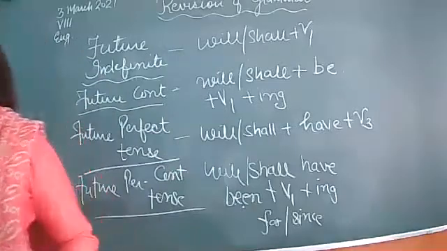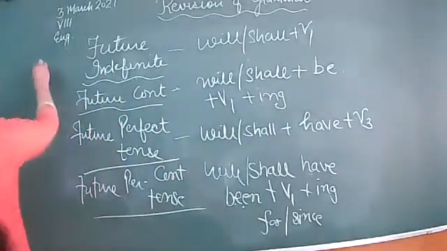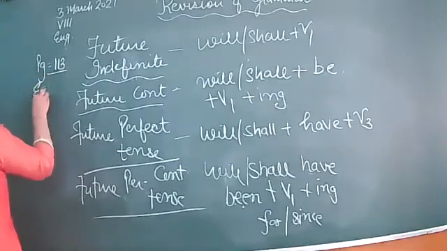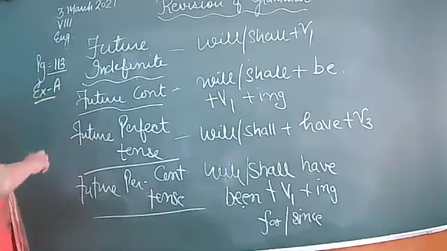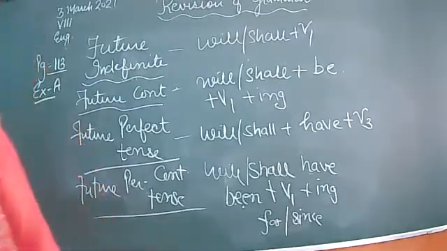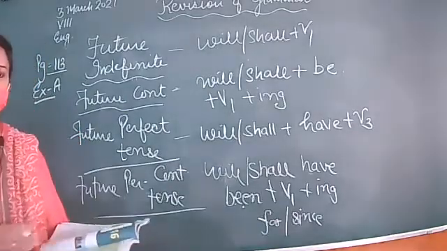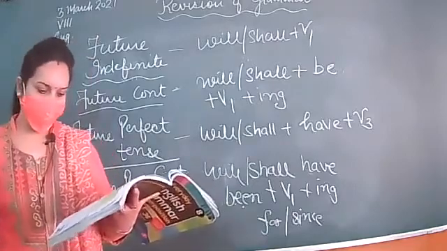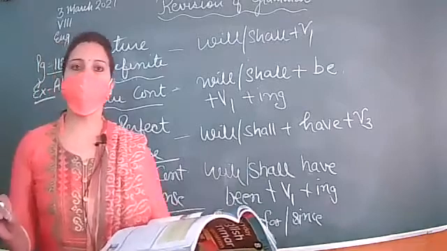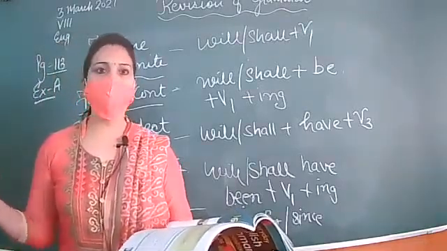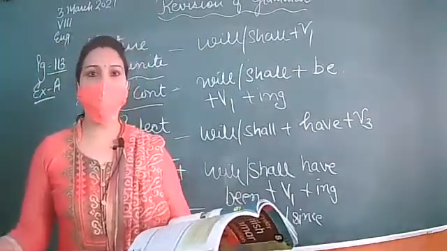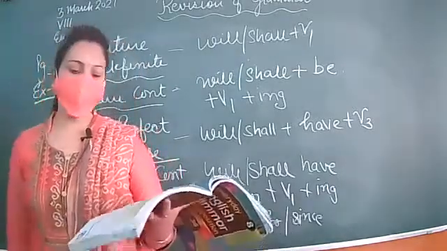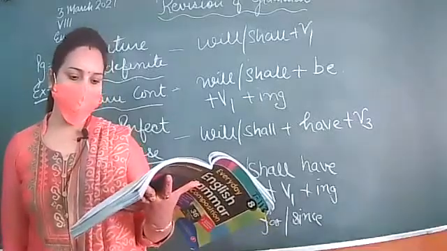So let's begin with page number 113. Page 113, exercise A. Okay, so let's start. When you reach Chennai, call my friend Mohit. When you, simple: with you, we will be using first form, when you reach. But the next action should be written with future tense. He will help you find a good hotel.